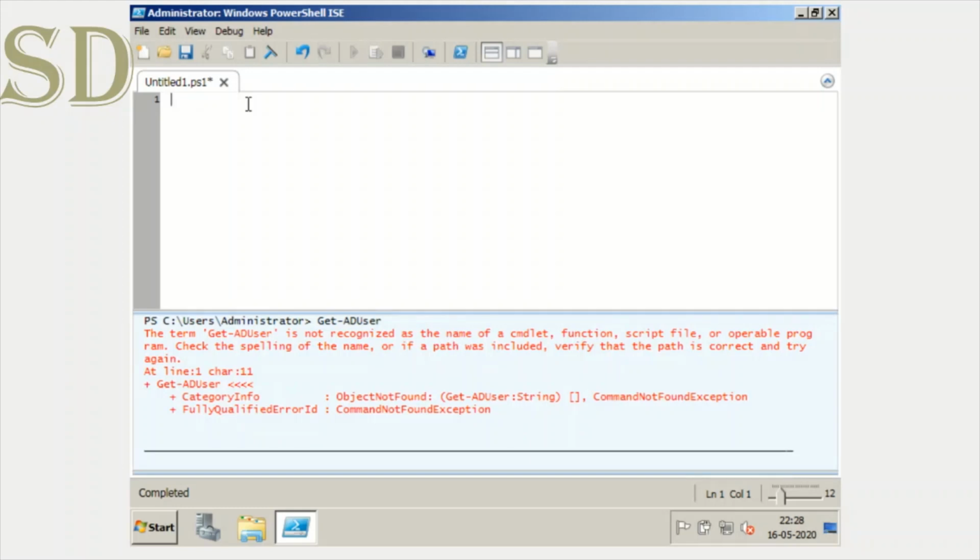I'm going to write a command which will install all the required libraries for that. Which is Import-Module Active